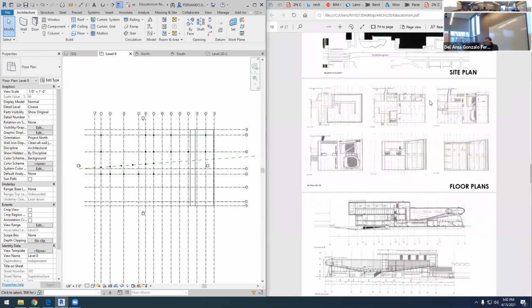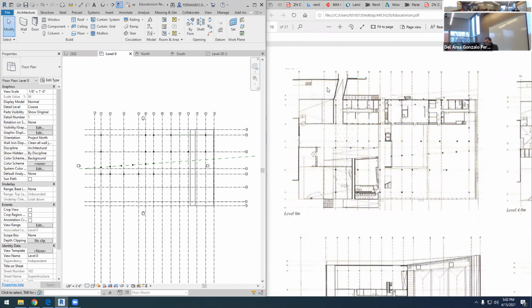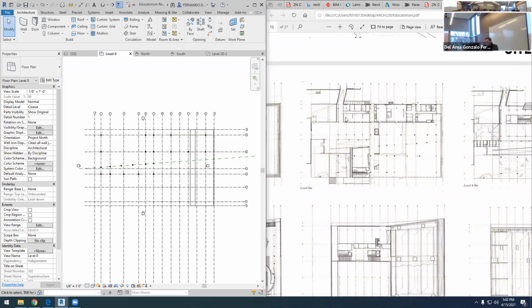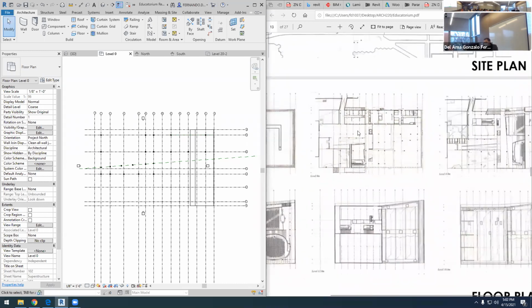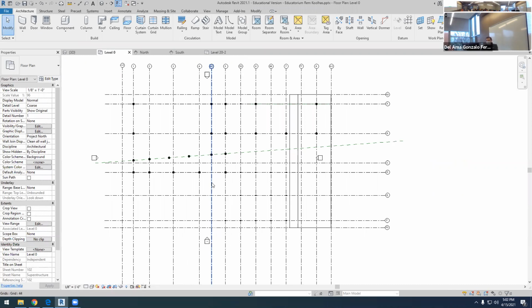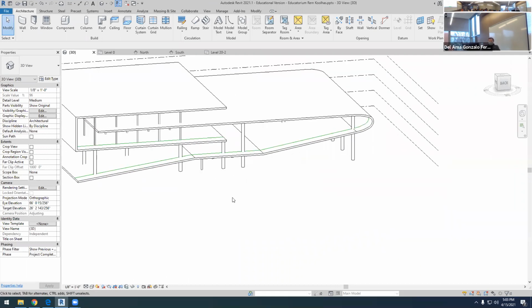To where's the first floor? Basement. Okay, if we need more columns, we will place them. And now,